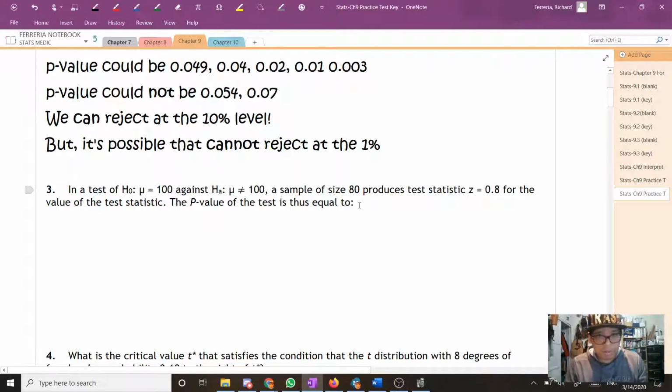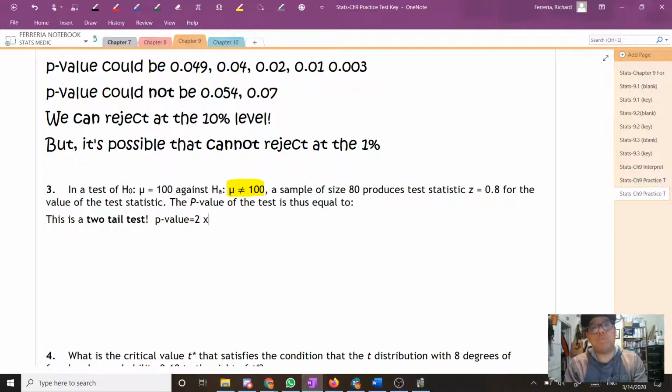So, really important, this right here, the not equal sign. The not equal sign tells us that we have a two-tailed test. Okay, so this is a two-tailed test. That's why I highlighted that. All right, so if it's a two-tailed test, the p-value is going to be equal to